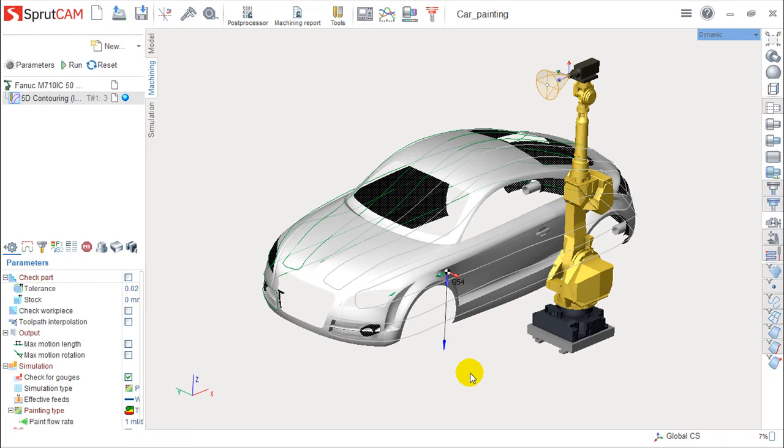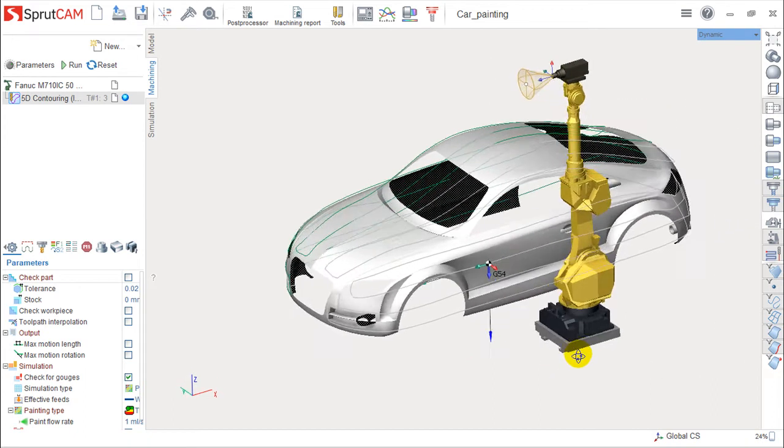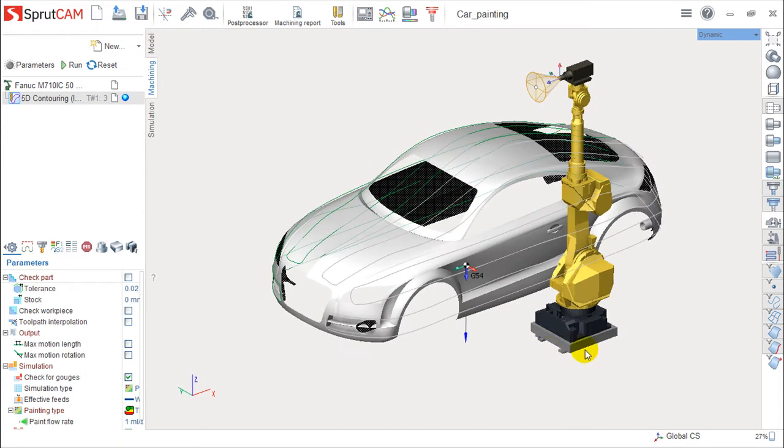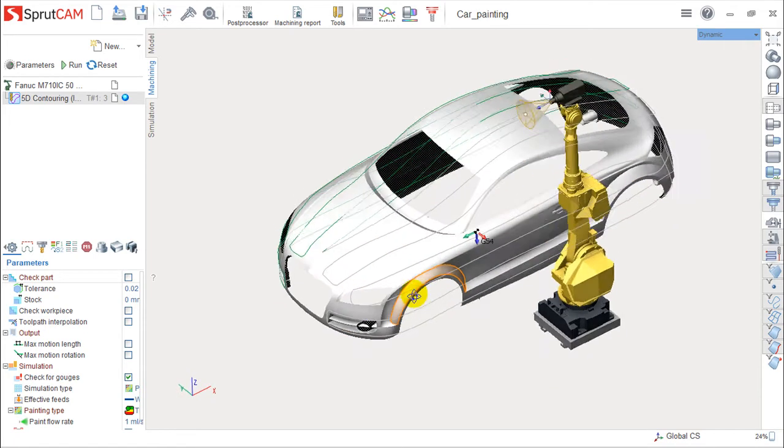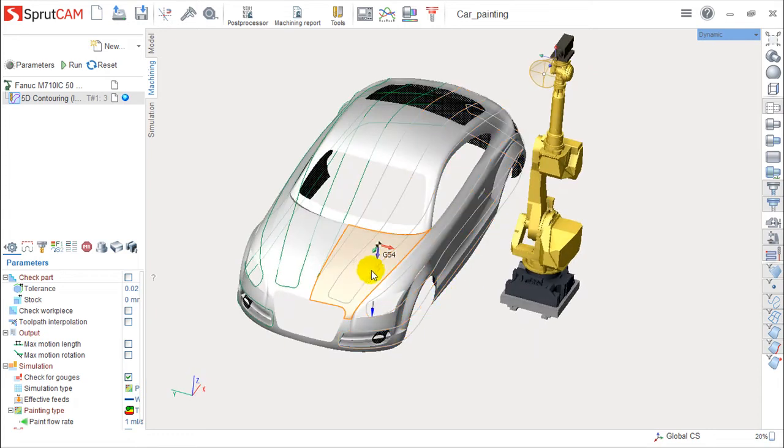The topic for today will be the painting simulation. This is one very specific area. It is very interesting and very useful in some particular jobs, and this is a very nice example of these jobs. So what we have here is a painting robot, and we have a car that we prepare